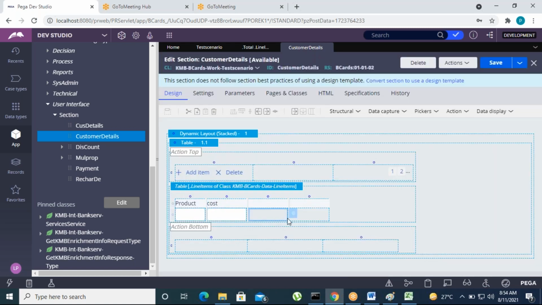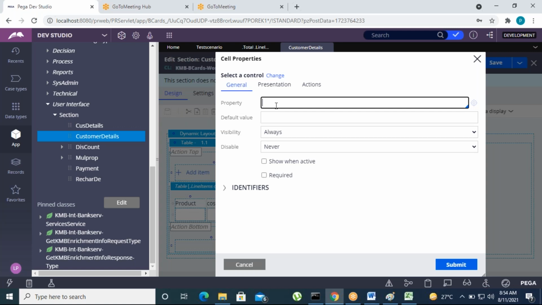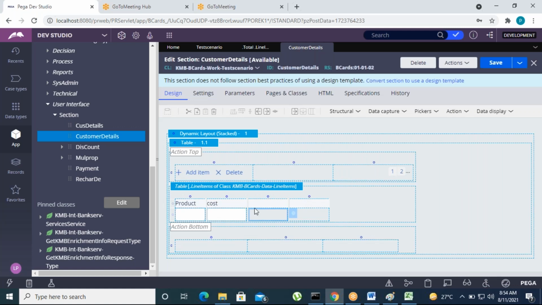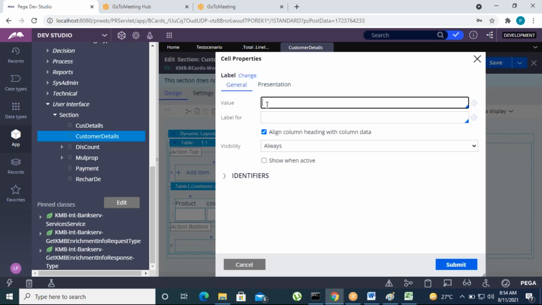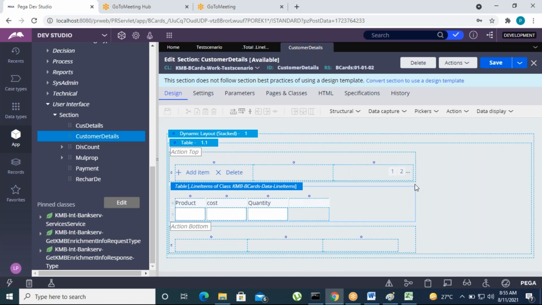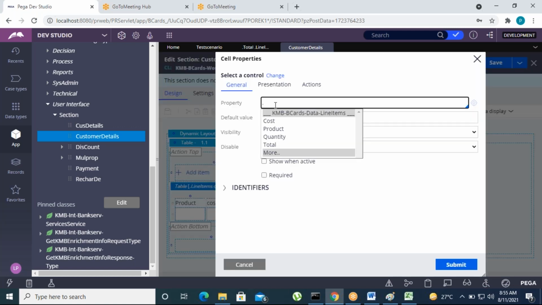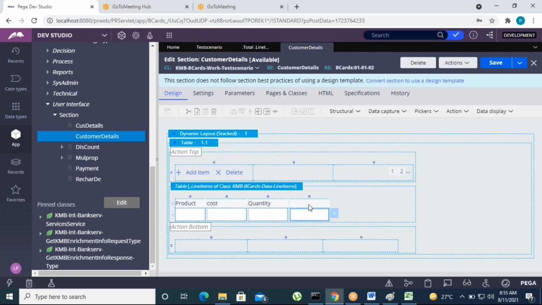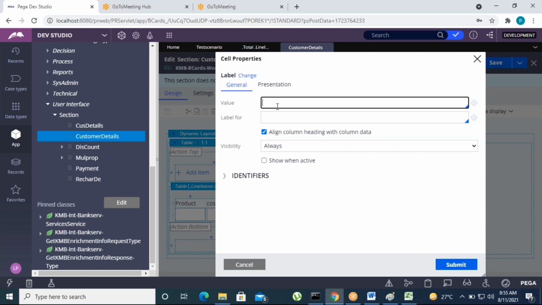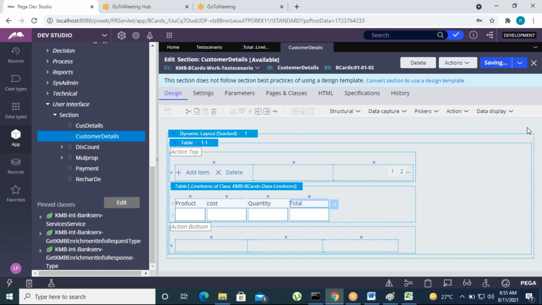Azure is heading, no problem. Yeah, fine. And click on save, that's it, fine, and then go to check the output.